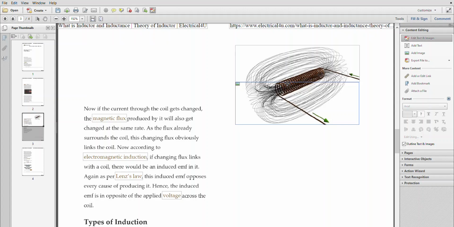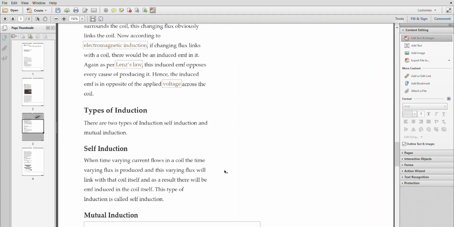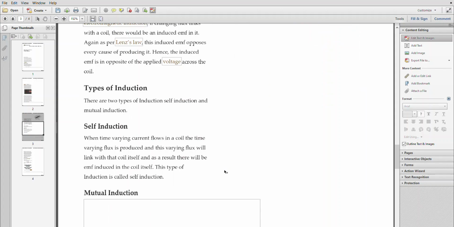By Faraday's law of electromagnetic induction, the EMF is in one direction. The source of the EMF that produces the current in the coil is in one direction. The induced EMF due to the changing flux lines is in the opposite direction. And this is where the types of induction come into play.